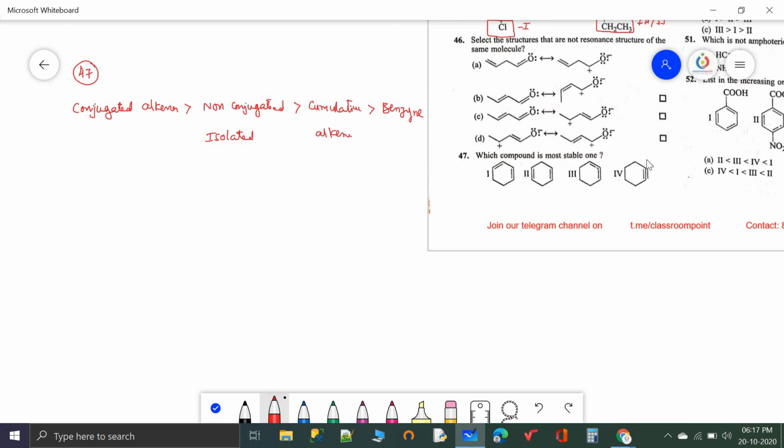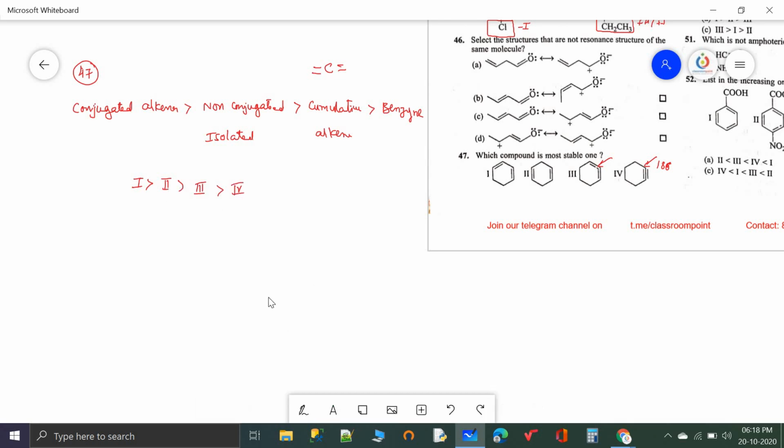benzene. Benzene is completely unstable. Why? Because here the bond angle must be 180 degrees. But here it is not 180 degrees, so it is unstable. So among these, the one that has the conjugation is this one. The first compound is more stable than the isolated, so the second compound is more stable than the third compound, where a cumulative double bond is there. Cumulative means if a single carbon is connected to two double bonds, it is called cumulative. So that is 3 and the last one is 4. So the order follows 1, 2, 3, 4.